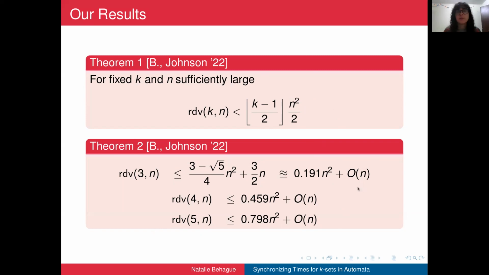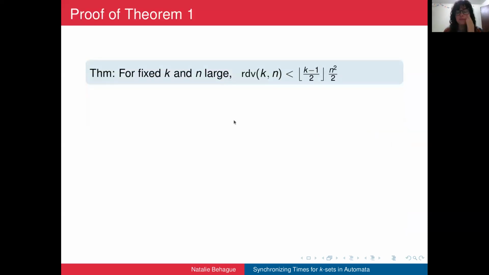So I'm going to talk a bit about the proofs of both of these theorems, and we'll start with the proof of Theorem 1. Here's the statement of the theorem, just to remind you what we're aiming for. And how does the proof work? I'll just sketch it